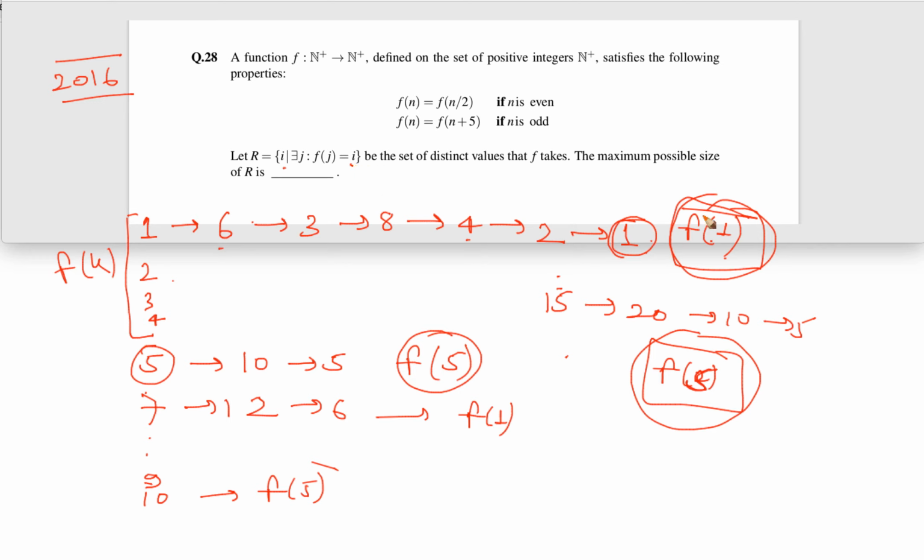So ultimately only two values are reachable, f(1) and f(5), only these two values. So what will be the maximum possible size of R? Size of R is only 2. In this set only two values can be there, whatever the f(1) value is and whatever the f(5) value is. So the maximum possible size of R is 2. Okay, so the answer is